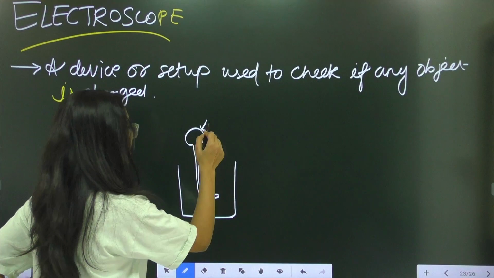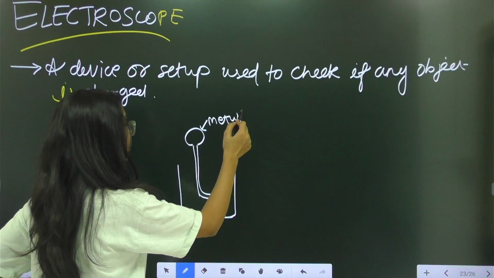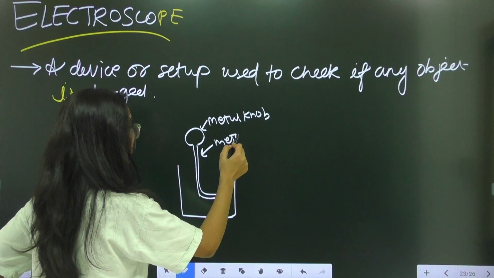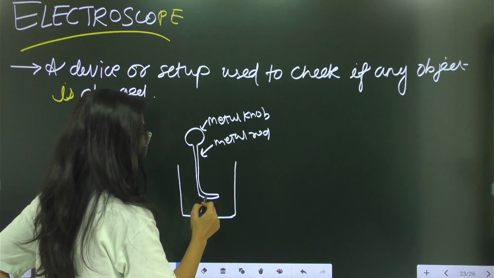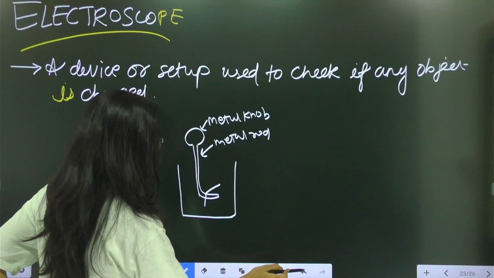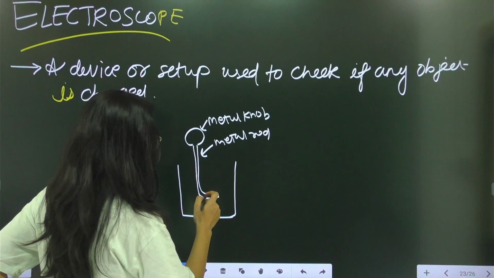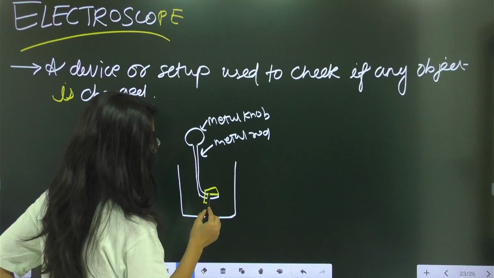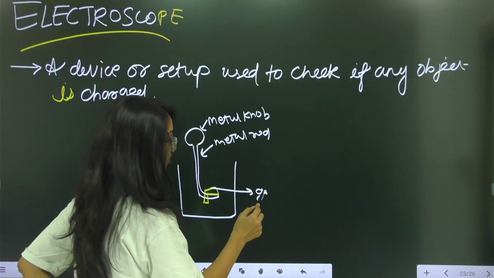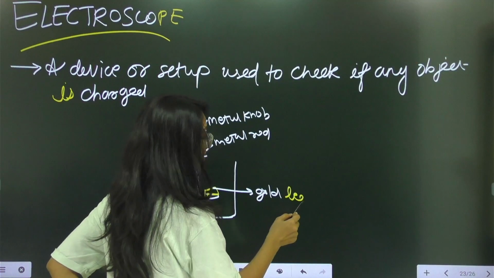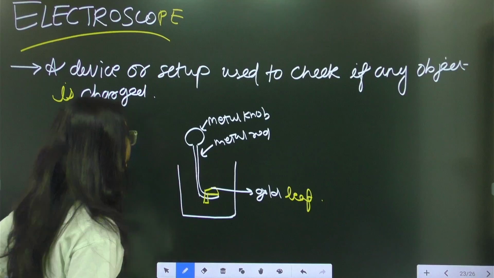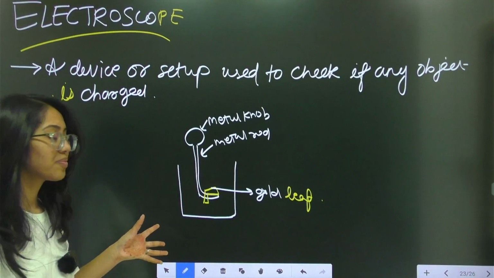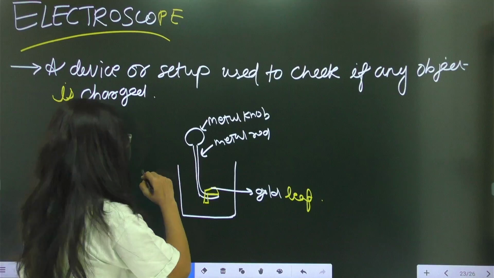This is a metal knob, this is a metal rod, and this is the gold leaf. Now what we actually have to do with this setup: